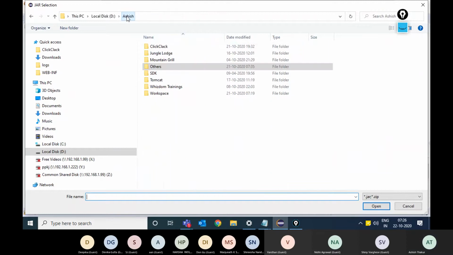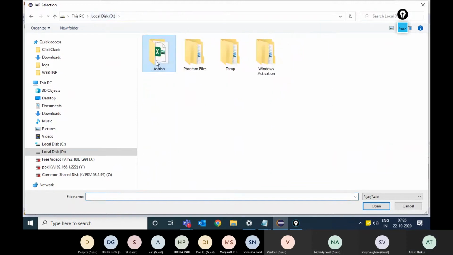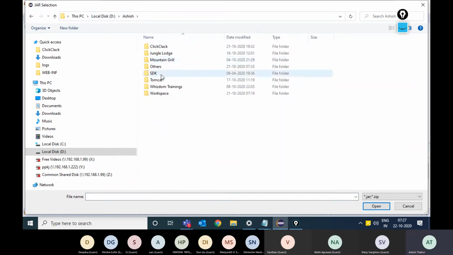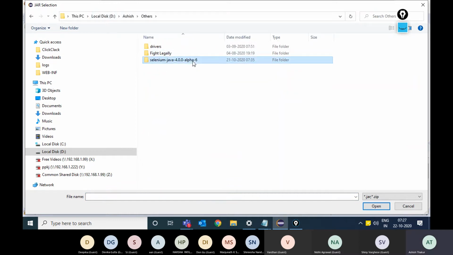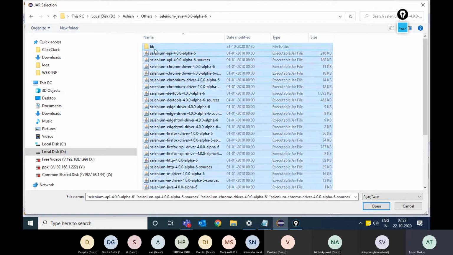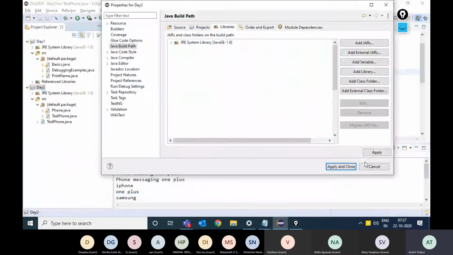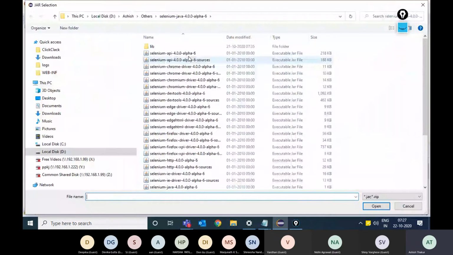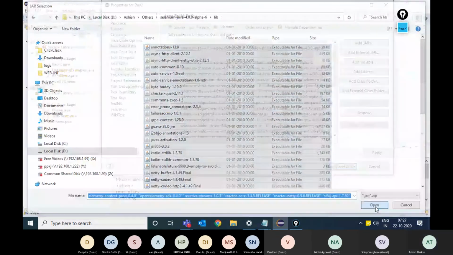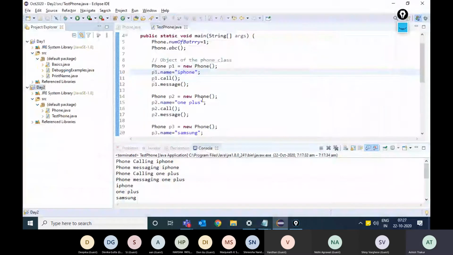And under others, I will add all the jars which are outside the lib folder and also the jars which are in the lib folder.